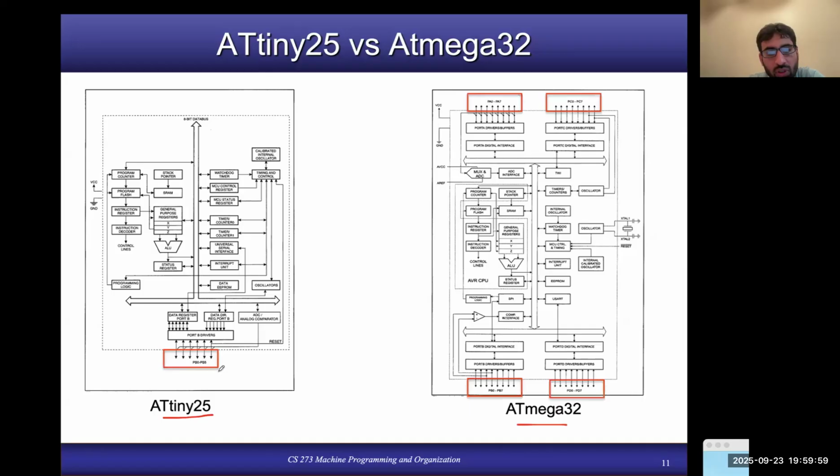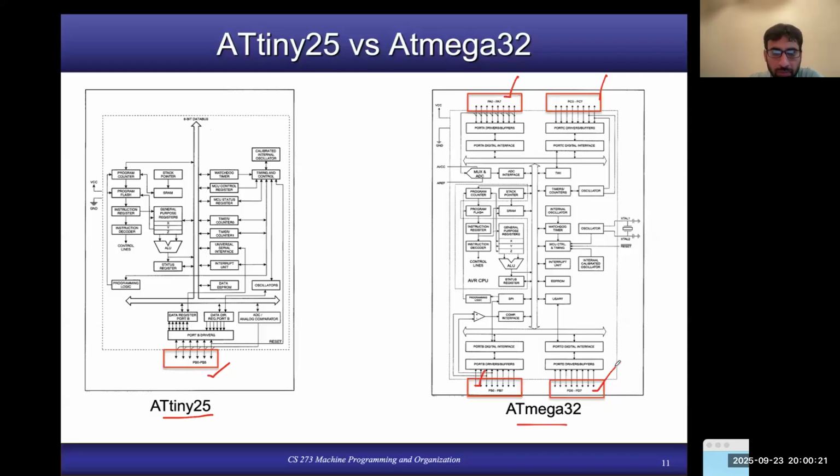Here we have only six IO pins, actually only one port with six pins. In the case of the Mega 32, we have four different IO ports, port A, port B, port C, and port D, and each one of them is